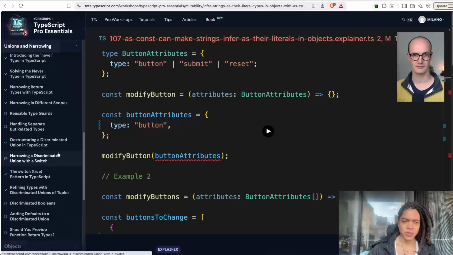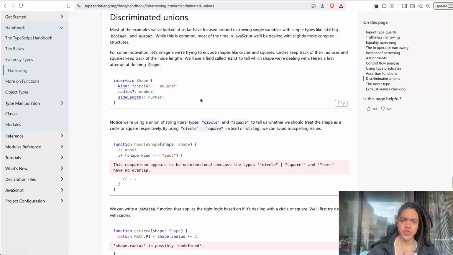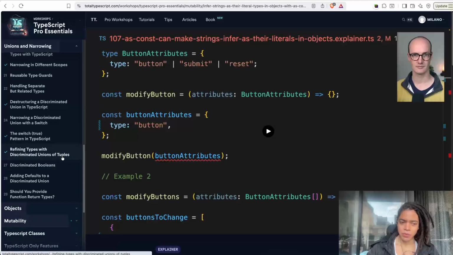How to do that? For example, with this thing, let me see if they actually describe here. With discriminating unions, or in other words, sometimes you want to narrow your types based on possible values that happen on an object. So this is when I started to explore that and some of these niceties when it comes to describing